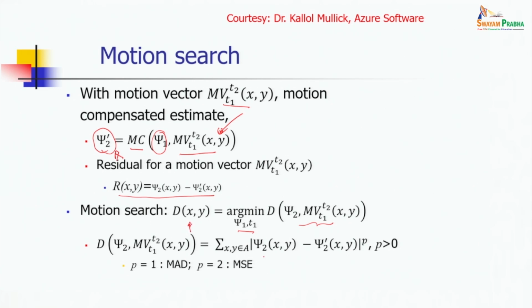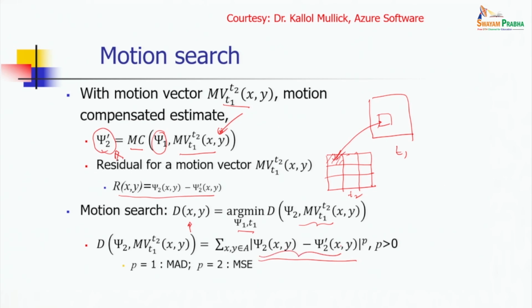And this is the error we use for optimizing, or for computing these similar motion blocks. Exactly what we are doing: suppose you have a frame you are encoding, and you have partitioned it into blocks. For these blocks, say this is for T2, and suppose there is another image at T1. Take this block and find out which block in T1 is closely similar to it, and for that you use